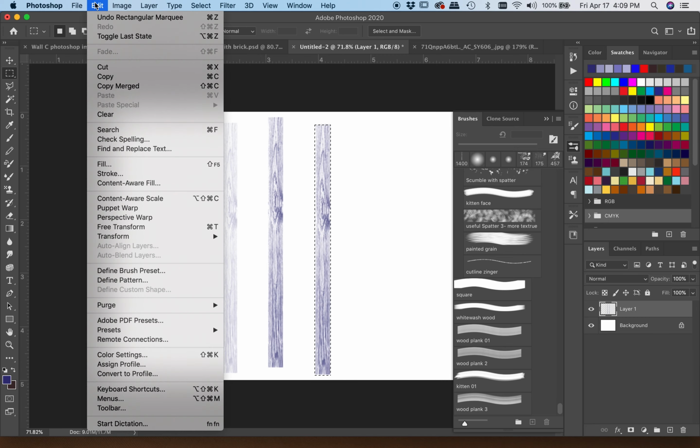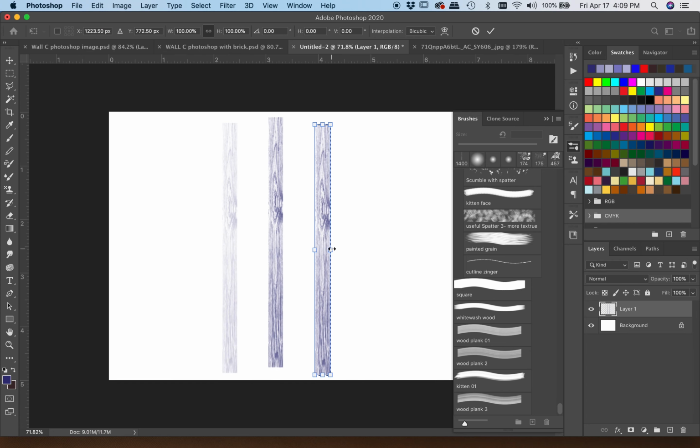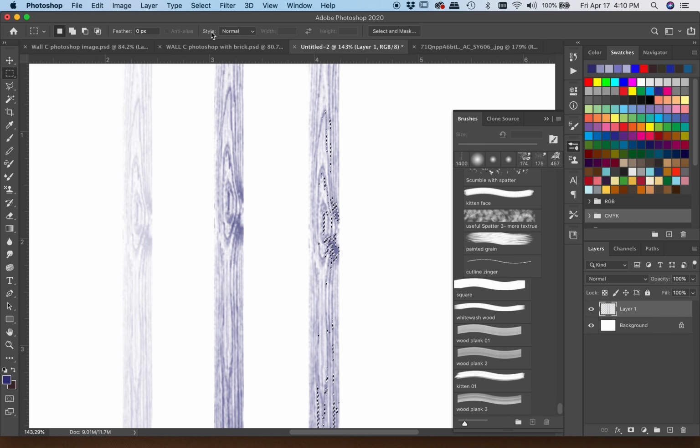And if I go to Edit, Transform, Scale, I can use the Transform tool, and if you hold the Shift key down, you can transform it, not constraining proportions. You can make it smaller and larger. You can affect it exactly the way you want it to be. And when you get the size you want, you say OK, and you're good to go.